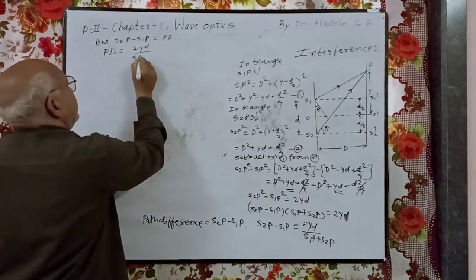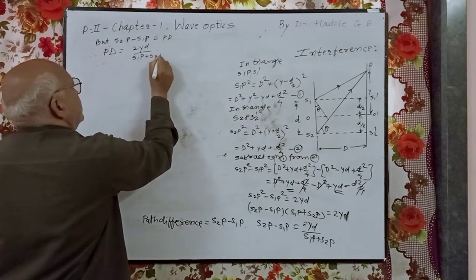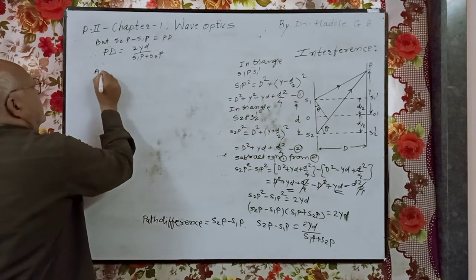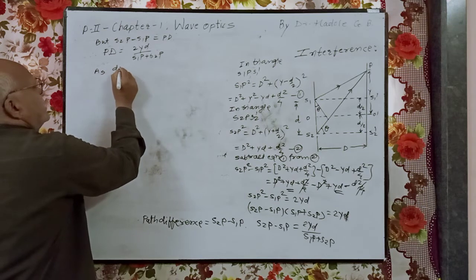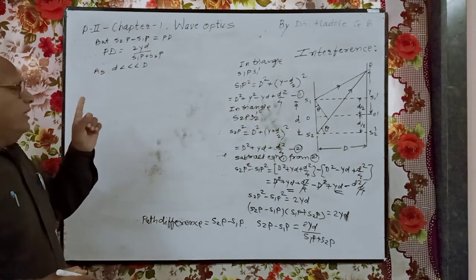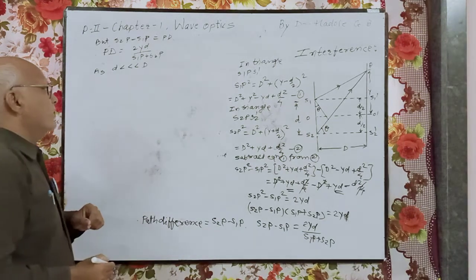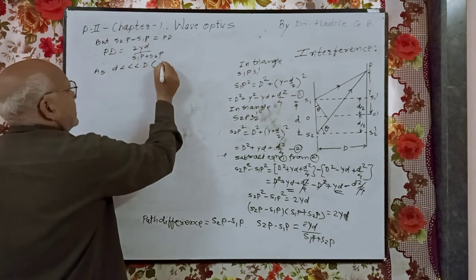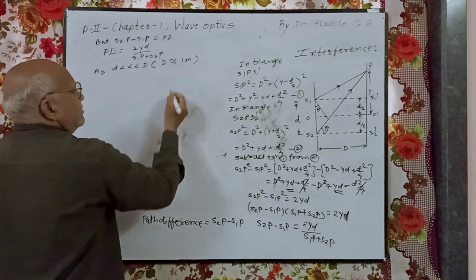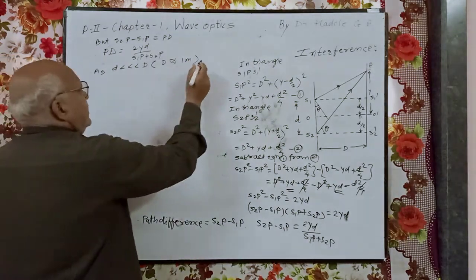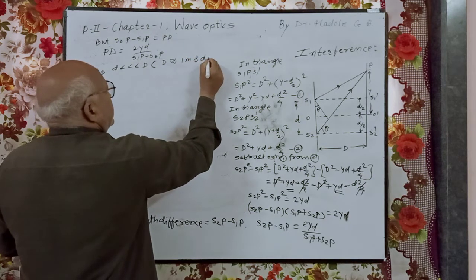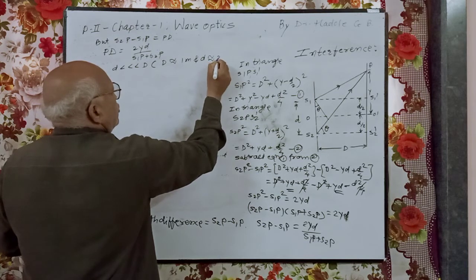S1P plus S2P, as this small d is very much smaller than capital D. Small d is very much smaller than capital D. This capital D is nearly equal to 1 meter, and this small d is nearly equal to 2 millimeter,